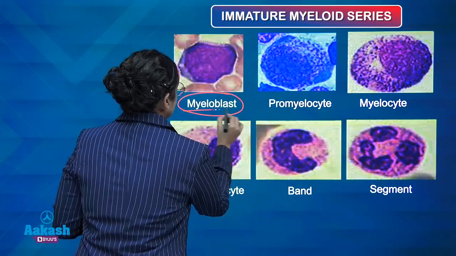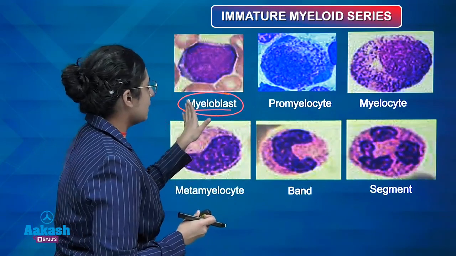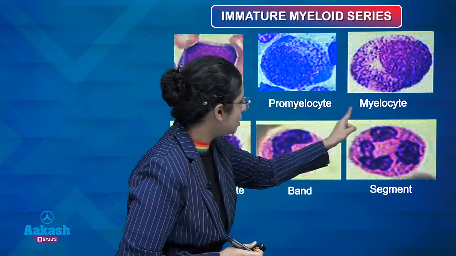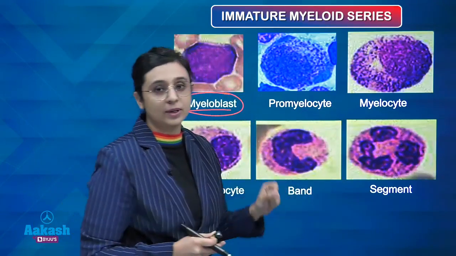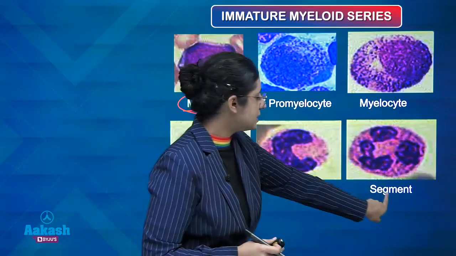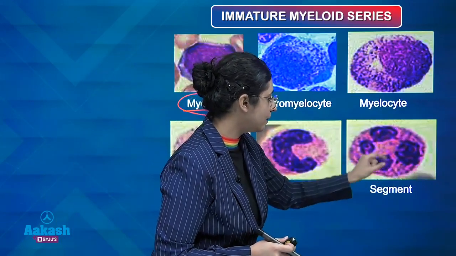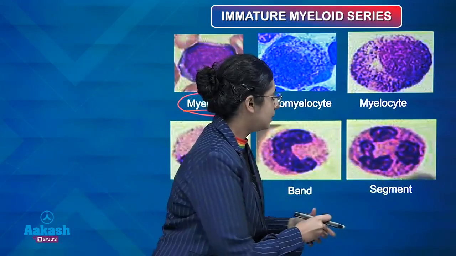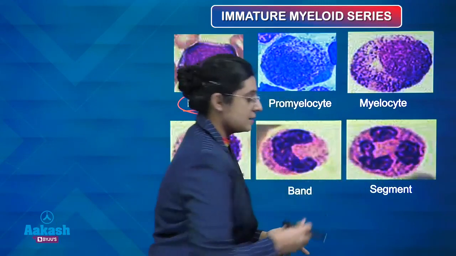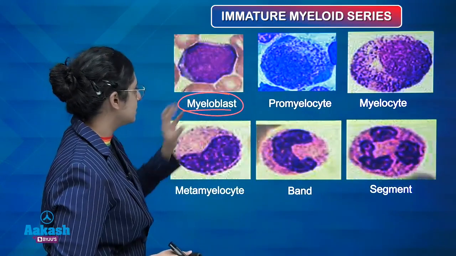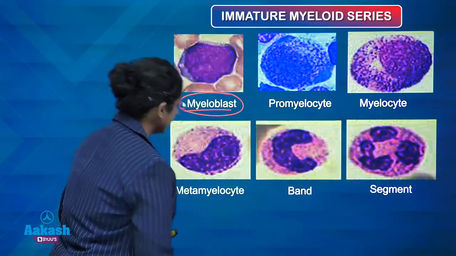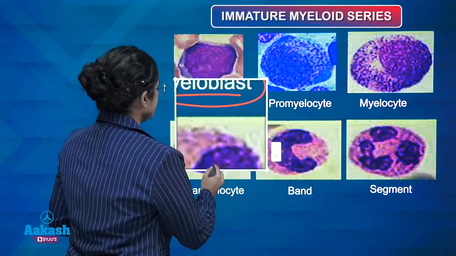This is a myeloblast. This is a blast stage compared to the stages of differentiation of the myeloid series of cells. This is the mature segmented neutrophil comprising about 2 to 5 lobes connected by thin chromatin threads. So this is a mature segmented neutrophil, whereas this is a blast. How will you identify? We will just come to the basics.